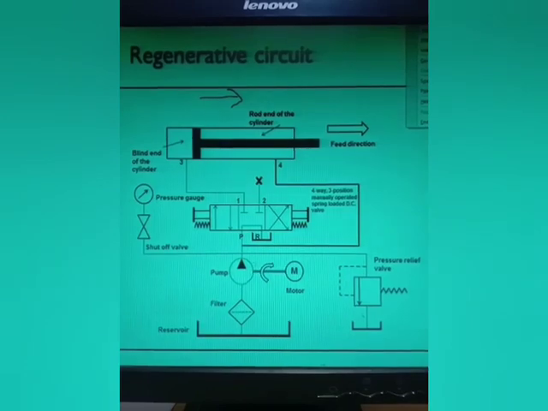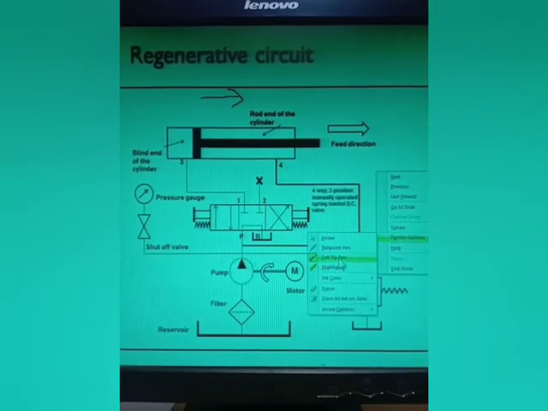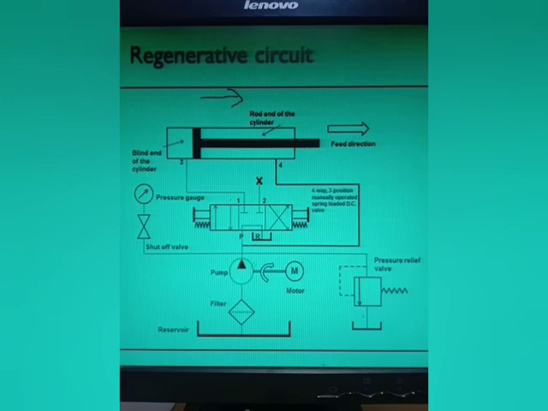So in this case, the B end of the actuator, this is the B end, is closed. Here also it will get closed. So this is one construction change in the 4x3 direction control valve, that its B end which is going to the actuator is completely closed. So how is it closed? Generally a screw cap is fitted here. So from this the oil will not come forward and it will not come downward. Only 3 ports are open.